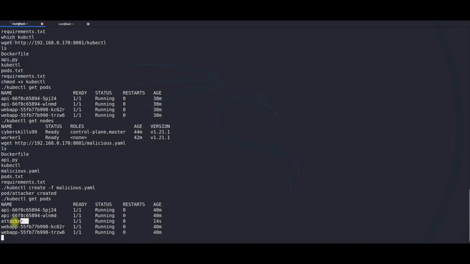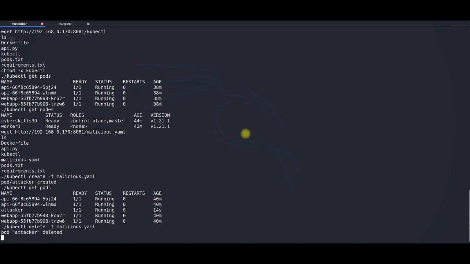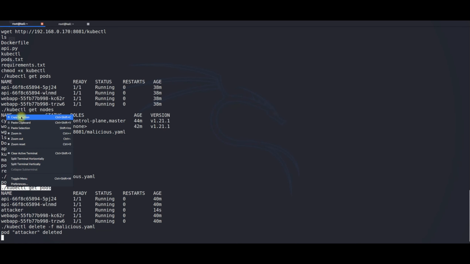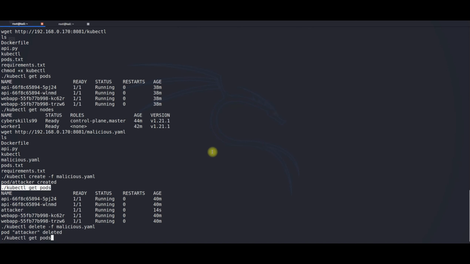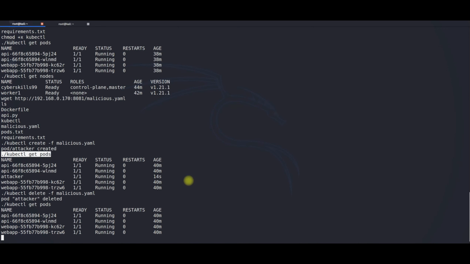Yeah, this pod exists now, and we can also delete the pod if the attacker would like to, because this is one of the issues with the permissions. If you have such kind of permissions, that will lead you in that direction. So we have created the pod and we have deleted the pod. It shows what kind of privileges you have to perform on this.